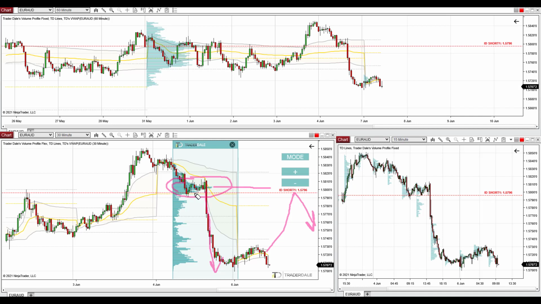Actually, it is at the start of the volume cluster. The reason is the same as in the previous case, on Euro British Pound, and the resistance which I have is at 1.5796. Now a very nice addition to that is if you look at the weekly profile, then this is exactly